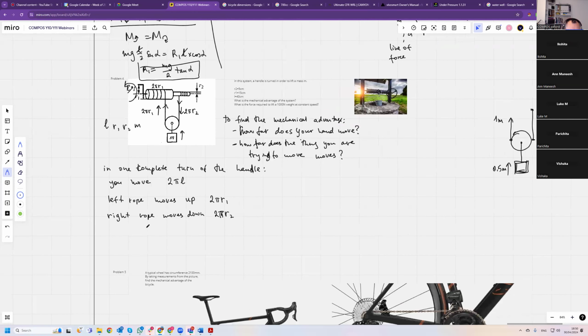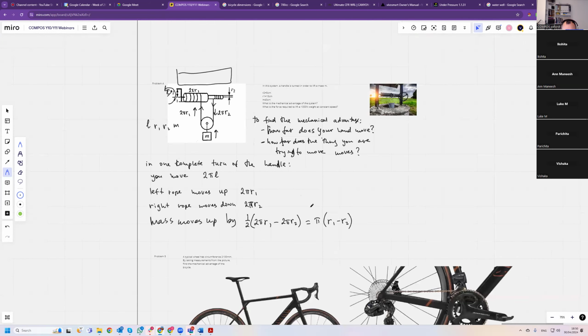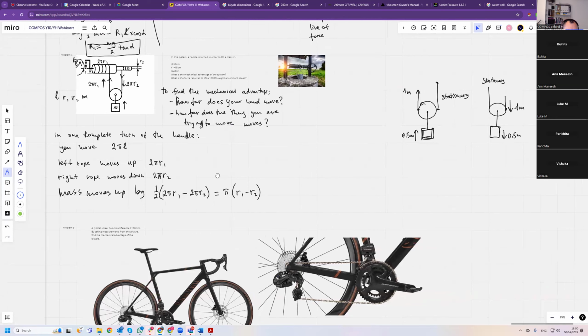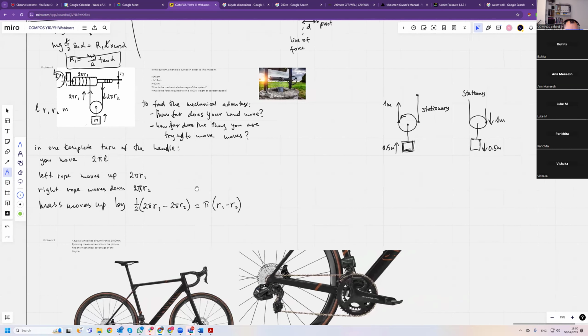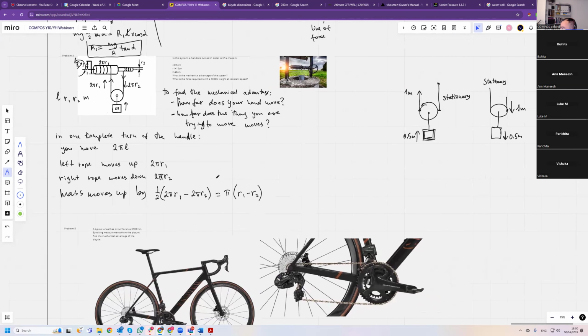So the mass moves up, because it's a force multiplier, by 1/2 of 2 pi R1 minus 2 pi R2, which is pi times R1 minus R2. Wow. Okay. And all we need to find is